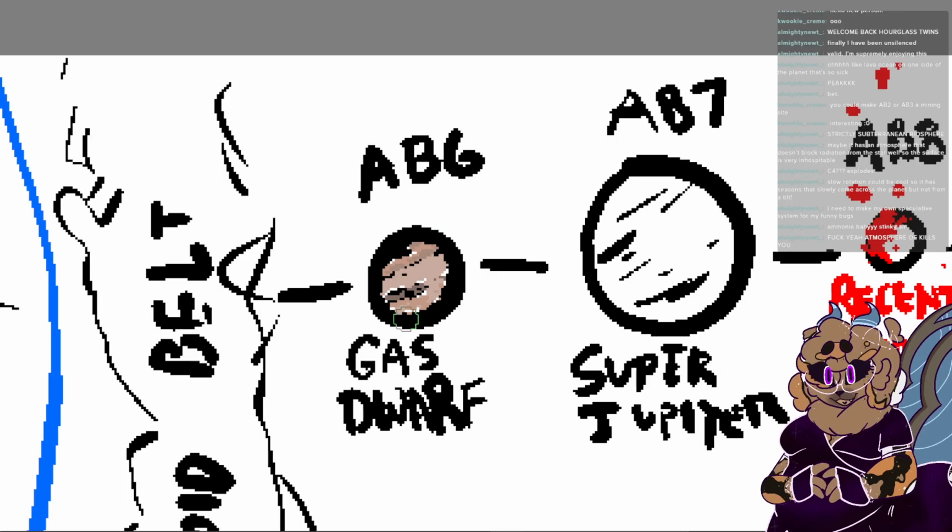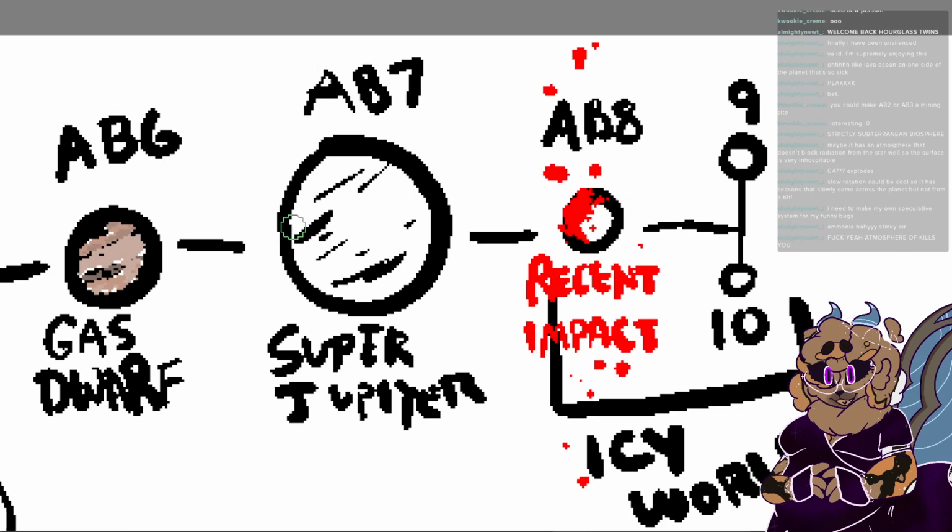I don't have to be too picky right now, I just have to get the general idea. The Super Jupiter out here, I kind of want to give it a unique look. I don't want it to be very Saturn-esque. I actually want it to be a very faint gray-blue. Oh, wrong thing. Hold on. There we go. I want it to be a grayish blue, and I want it to have whiter, bright